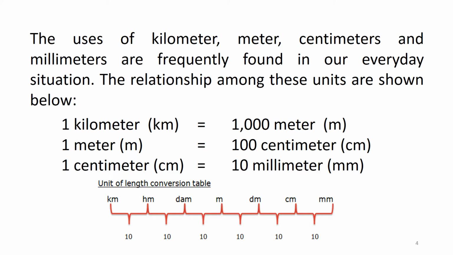Unit of length conversion table. তোমাদের নিচে একটা টেবিল দেওয়া হয়েছে। 10 millimeter equals to 1 centimeter, 10 centimeter equals to 1 decimeter, 10 decimeter equals to 1 meter, 10 meter equals to 1 decameter, 10 decameter equals to 1 hectometer, 10 hectometer equals to 1 kilometer. তোমরা সবাই এই রিলেশনটা জানো।